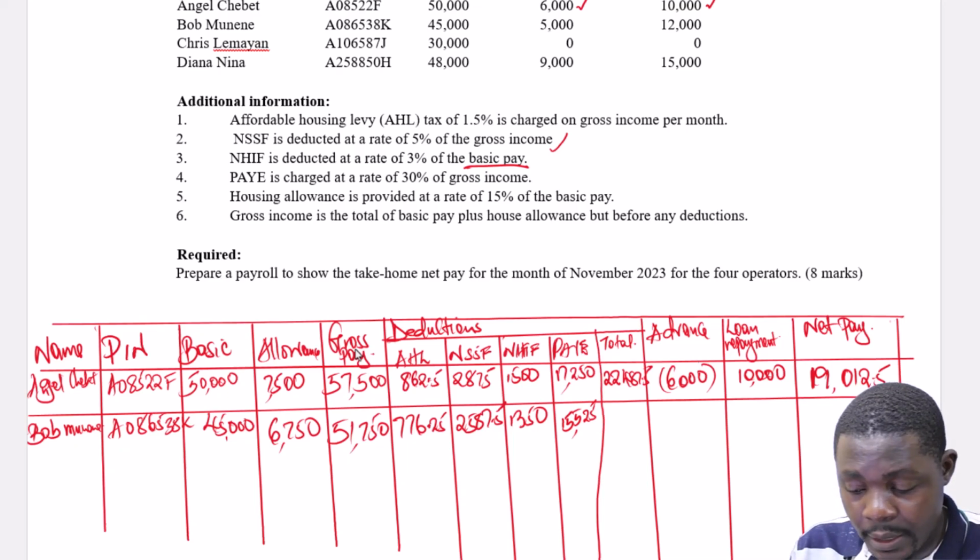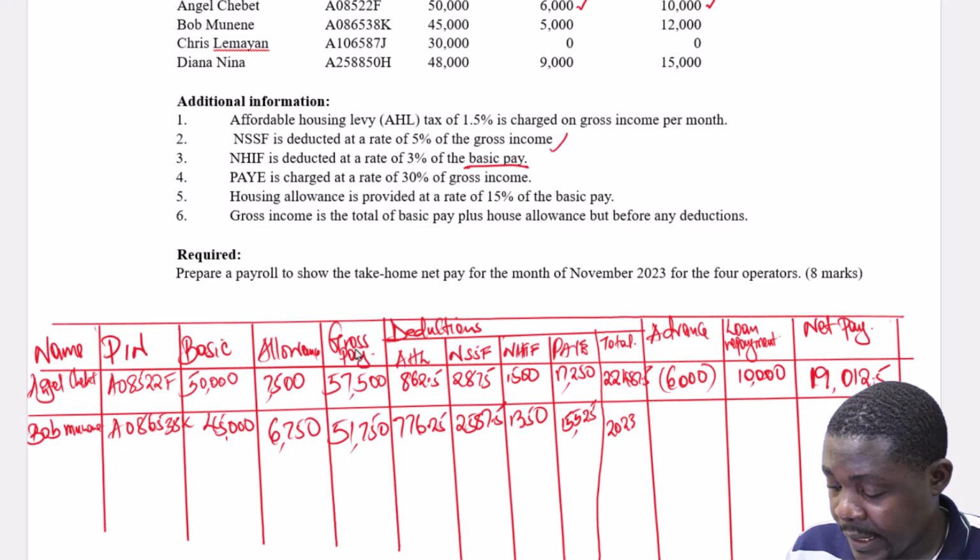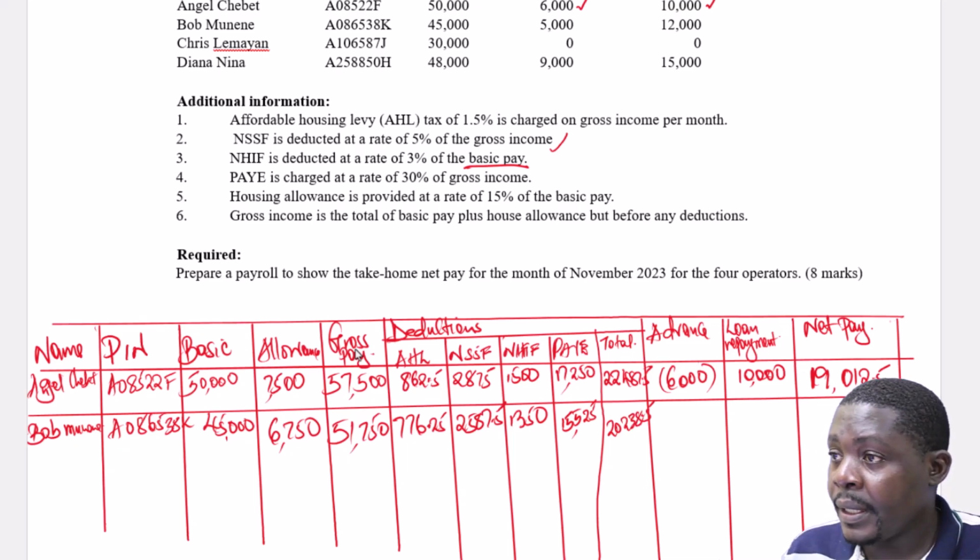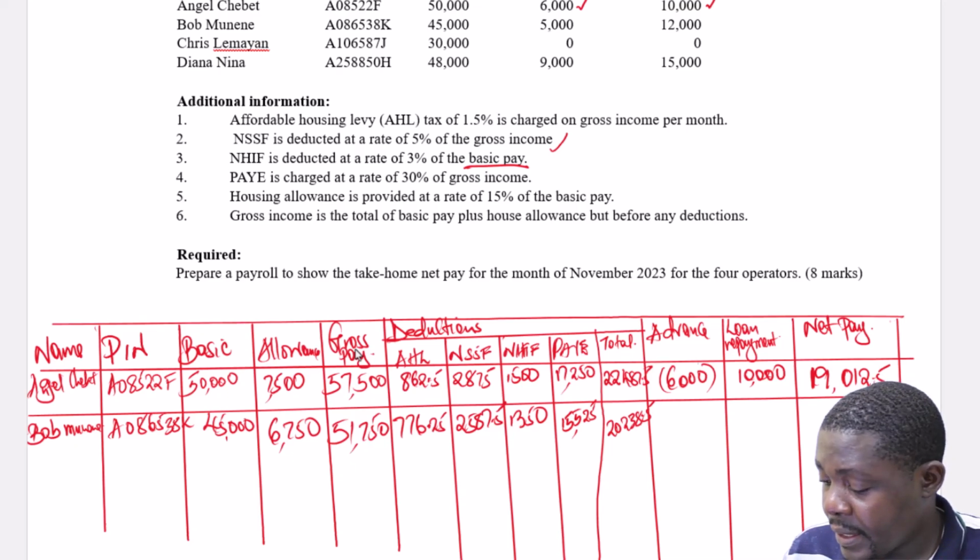When you add, just a minute, 1,350 plus 2,587.5, you get 20,238.75. Then I took an advance of 5,000